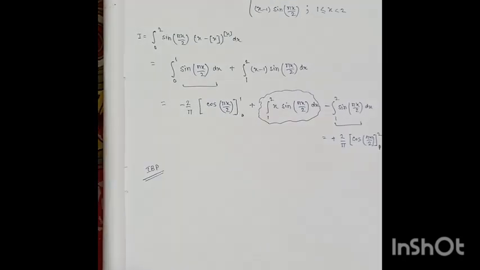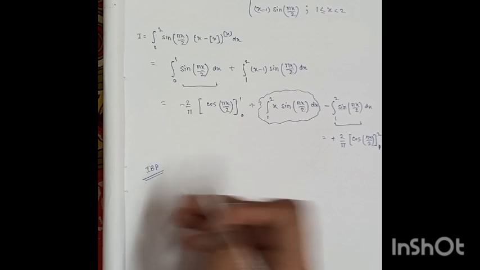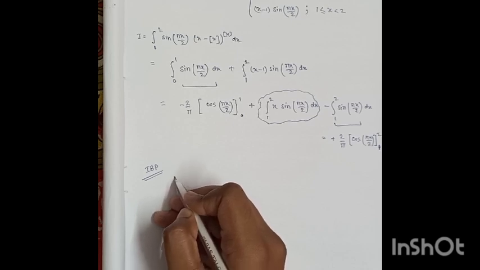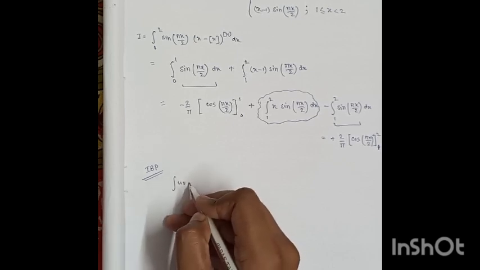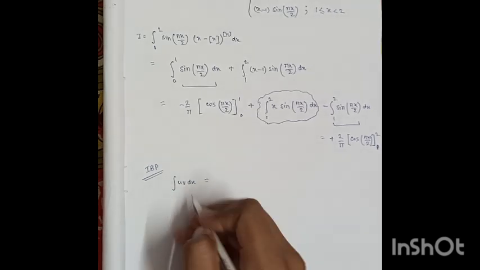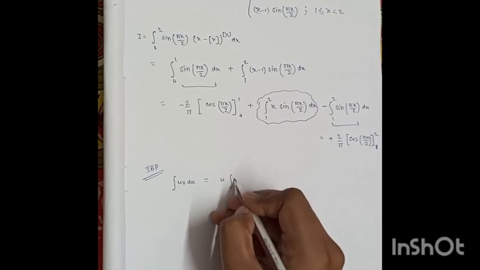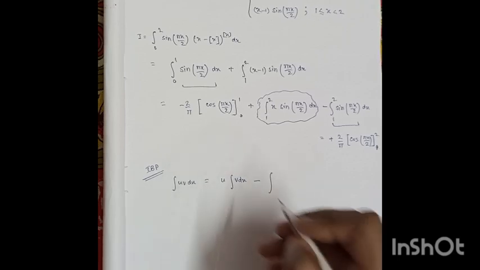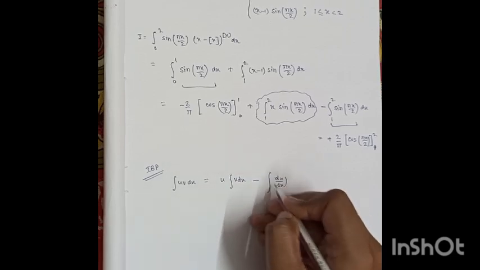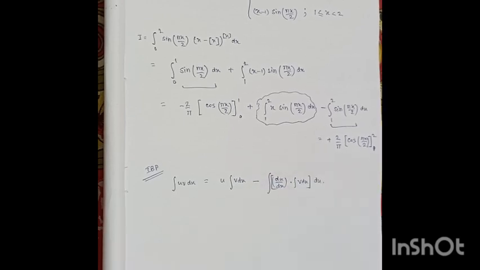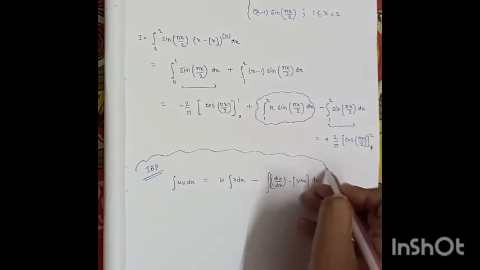So by the rule of integration by parts, we know that if we are given two functions u into v and we are to integrate the product of those two functions, then we have to apply this formula: u times integral of v dx minus the integral of du/dx into integral of v dx, and dx. So this is the concept here,